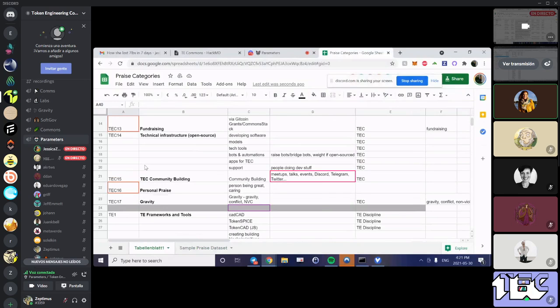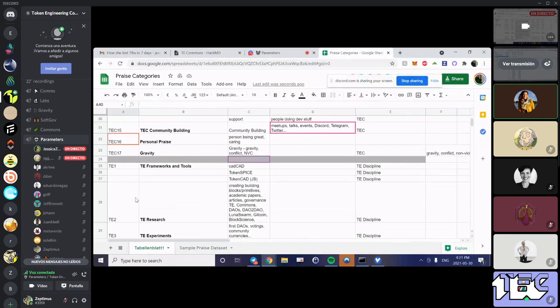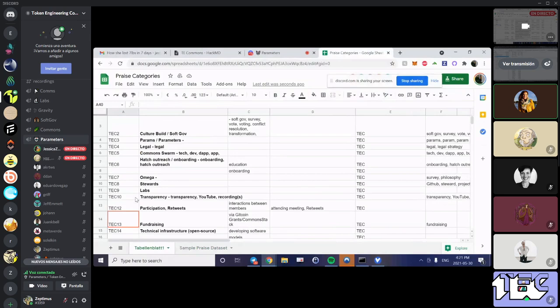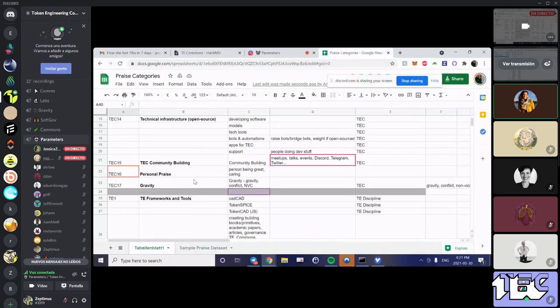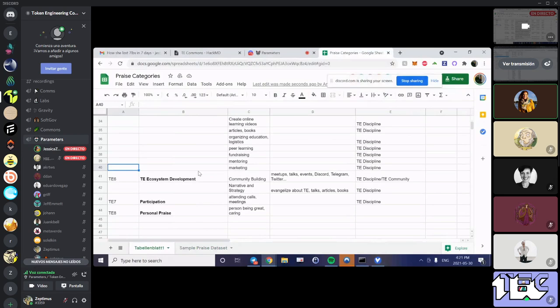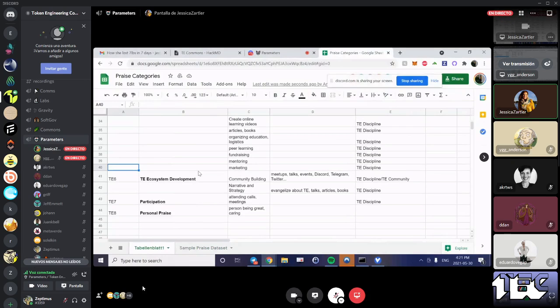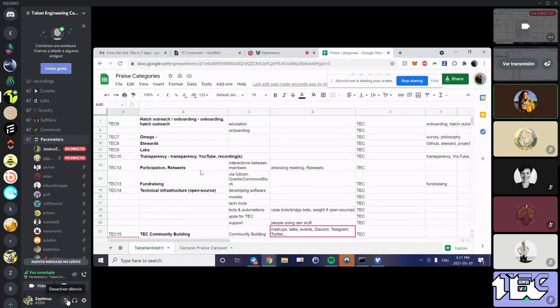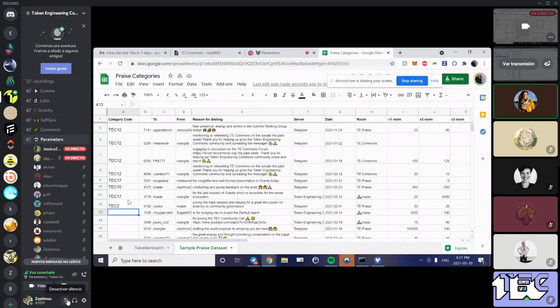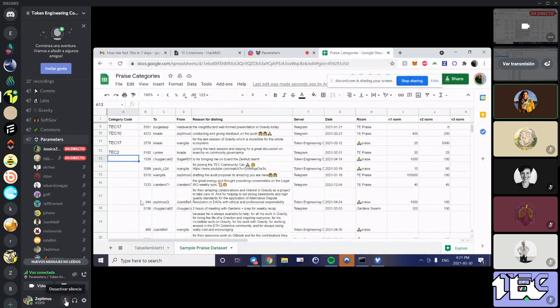It's just how we are going to cluster and look at the difference between some of the work and what was weighted more heavily. So we would see the difference between Stuart's work for the TEC and then people retweeting, let's say. But that work to me would be TE community building or ecosystem development, in my opinion. But if other people have a different idea. And yes, I do think it's helpful that we sense make together on this, because then everybody will feel good that it makes sense.